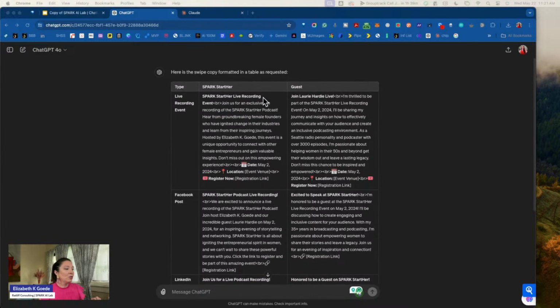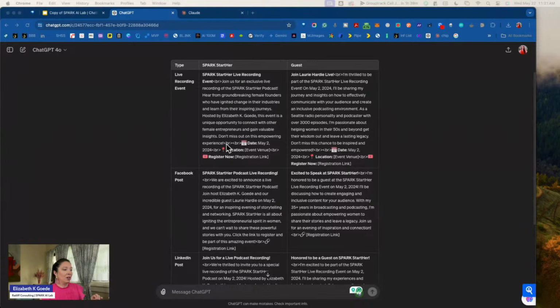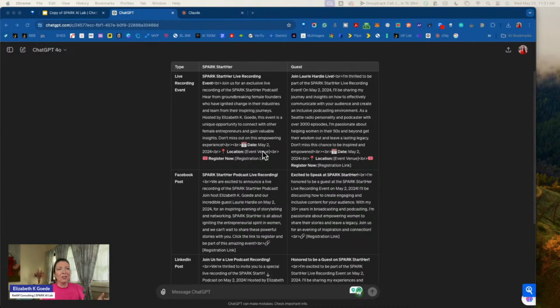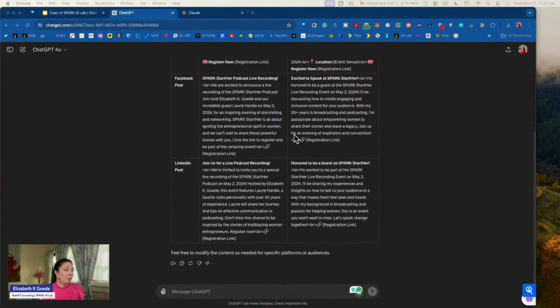Now, what I find really interesting is that there is a date in there. The location is not really specified. From a chat perspective, it's adding ancillary information, in my opinion, to what I've actually asked it to do. So there is certainly that issue. In addition to that, it is certainly breaking this down.